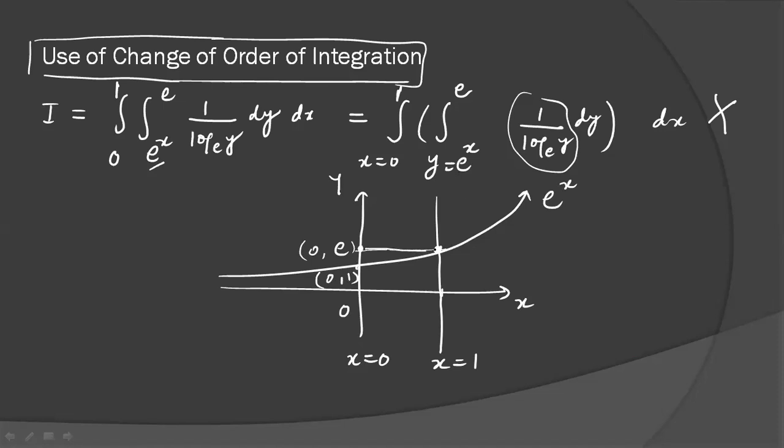What is the region bounded here? You can see the y strip. Now the limit of y is in the form of a variable. You may have a doubt. Some people think this is the bounded region, some think this is. No. Where is the foot of the strip? It is on the exponential function. And where is the head of the strip? At y equal to e. So this is your bounded region, and the strips are parallel to the y axis. x is from 0 to 1. The tail of the strip is the exponential function e to the power x, and the head is e only.